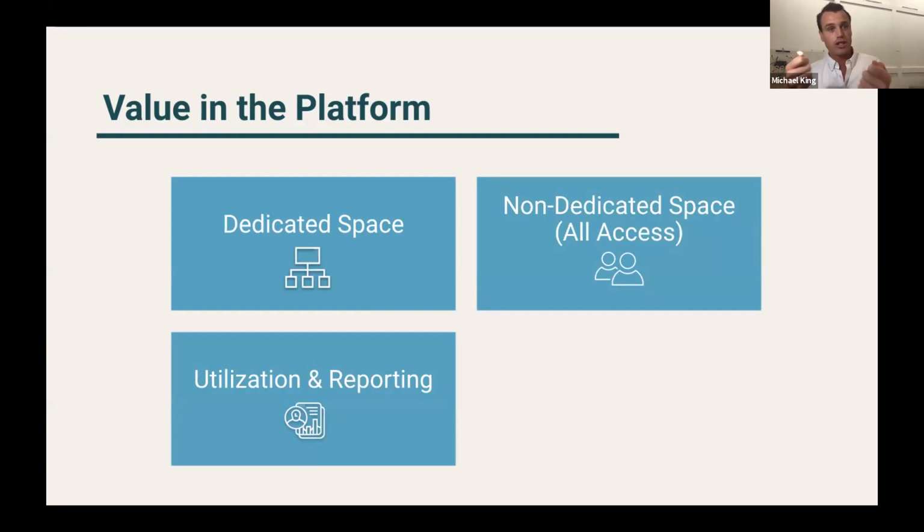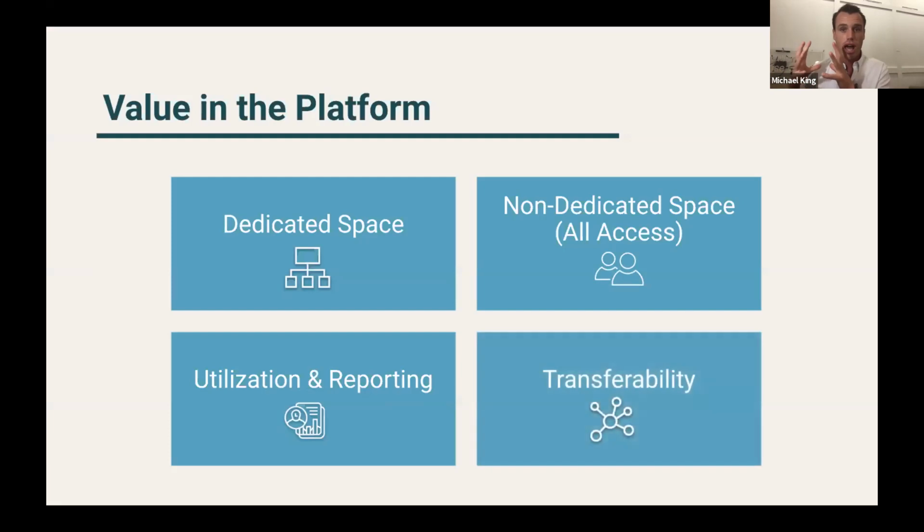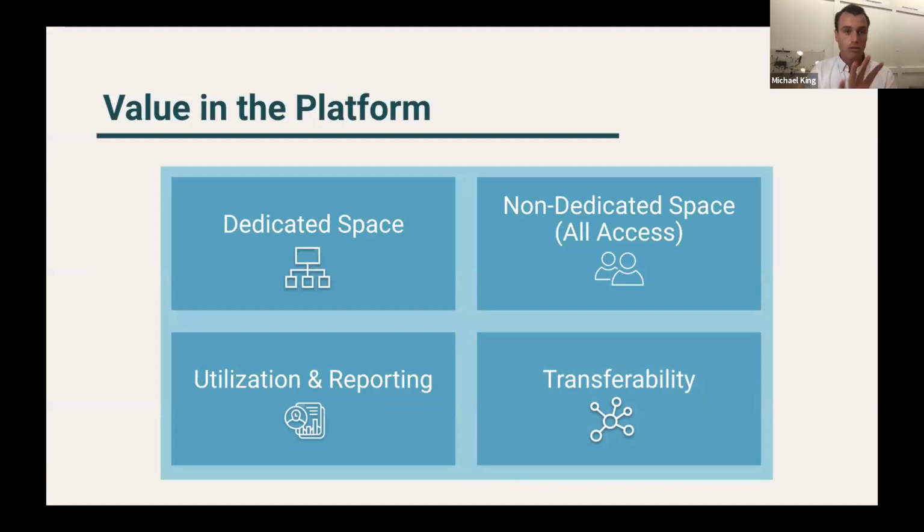Have we taken on too much space? The utilization is going to become really important. And then what we think the secret sauce is, having the ability to transfer, the ability to course correct, is going to be vital, because the changes are going to be happening at such a dynamic pace over the next 3 years. It's going to be a learning process before you find your feet, we think, in probably 2024, 2025. So we think combining all of those elements is what the future of the real estate market really looks like,